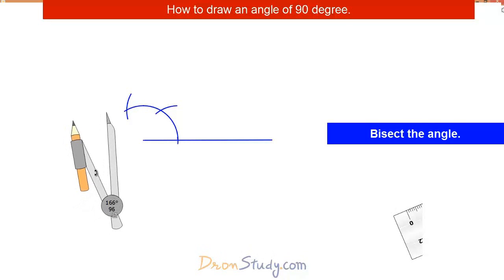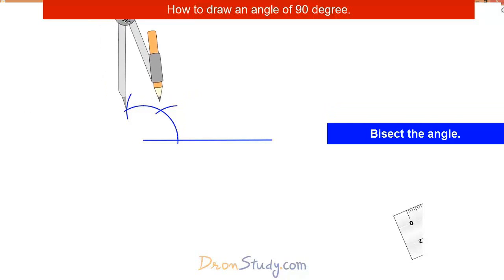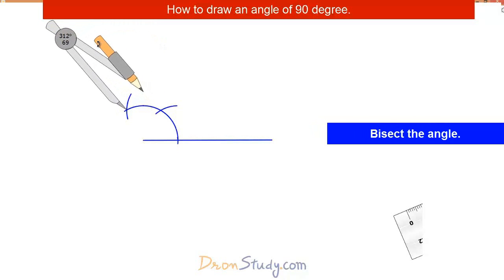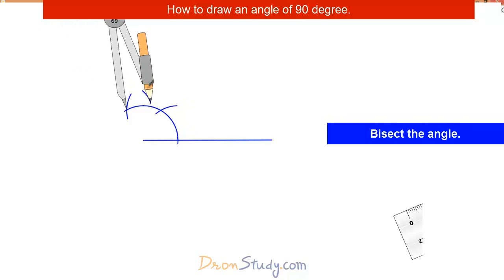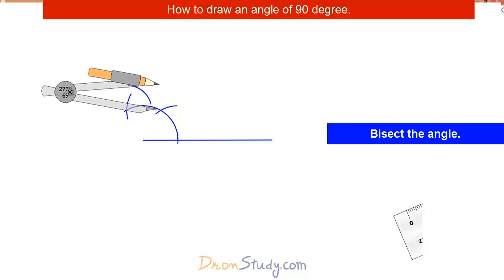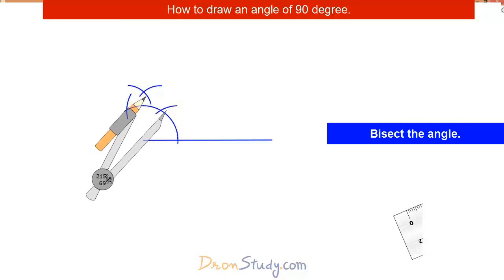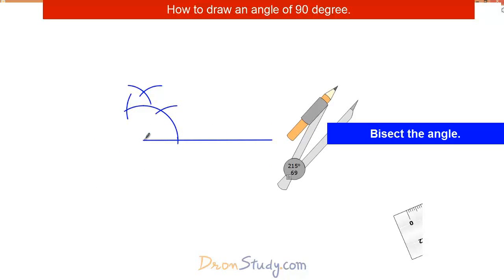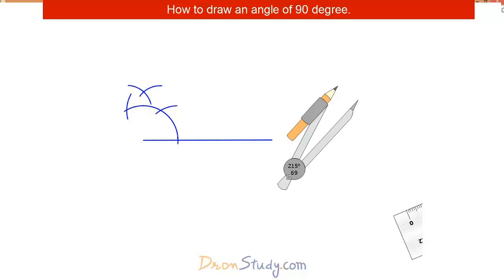So to bisect this angle, we have seen how to bisect an angle. So we will take this point as the center and a distance more than half. This we have to take as an approximate distance, and then draw an arc. Now taking this another point of intersection as center and keeping the same distance, draw an arc intersecting the previous one. Then from this end point, draw a line segment passing through this point of intersection. So here,